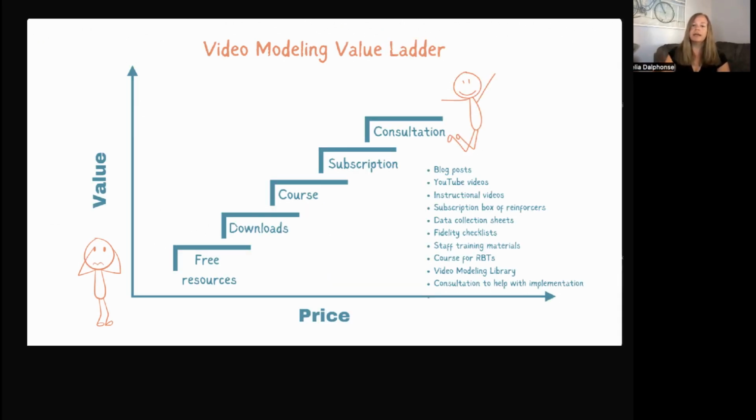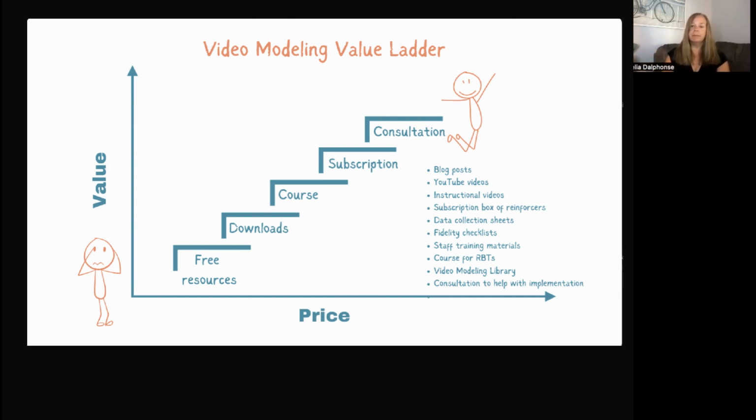So again, we'll look at a value ladder that we could include for this product. We'll again include some free resources, and we'll go up the value ladder, gradually increasing the price of the product and also the value of that product. But we might